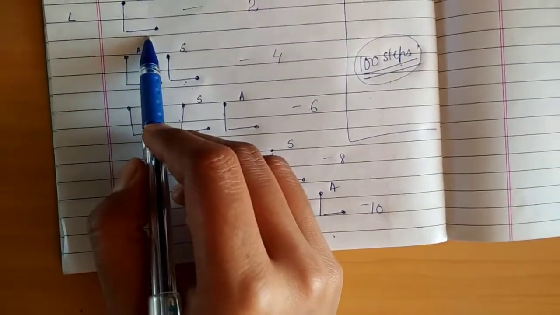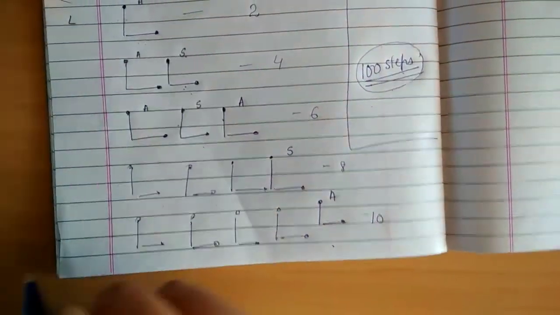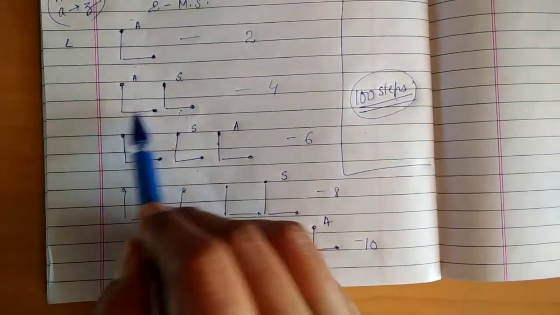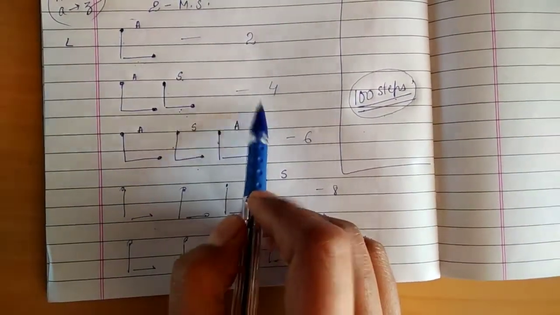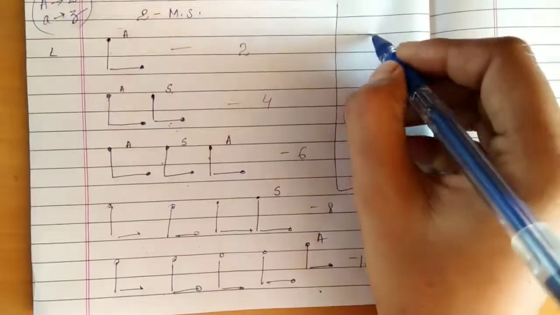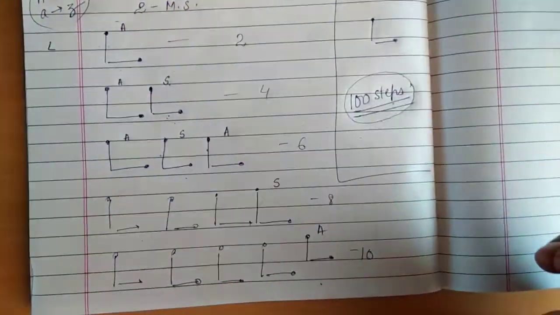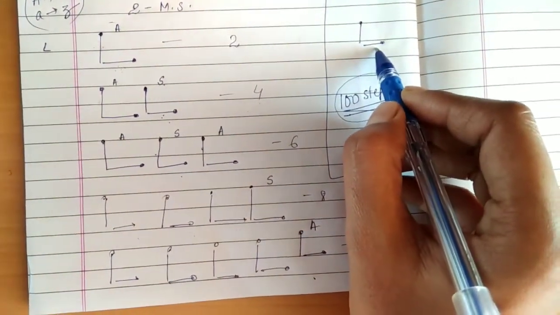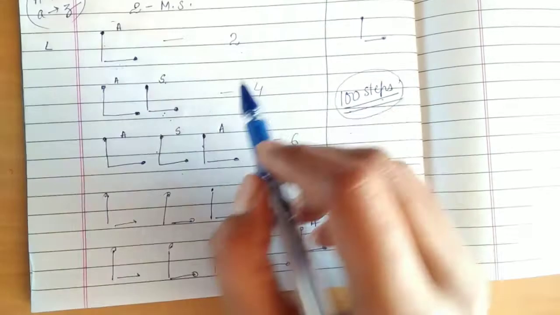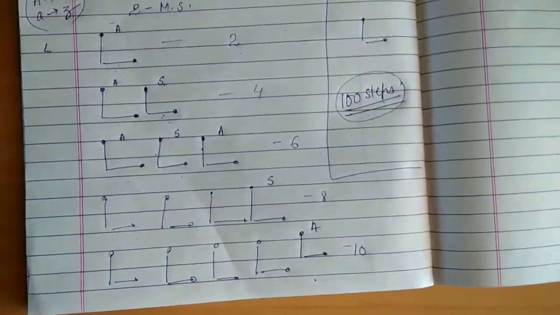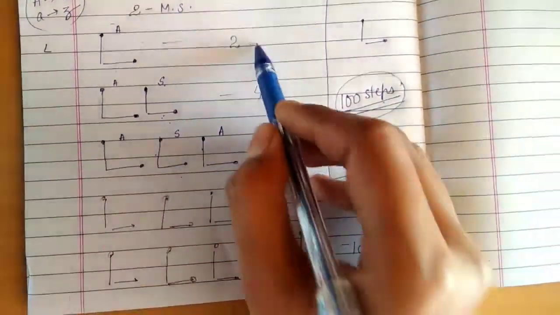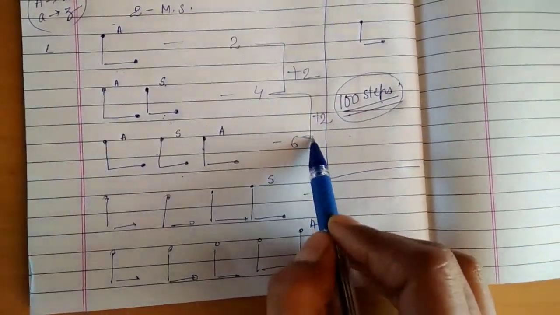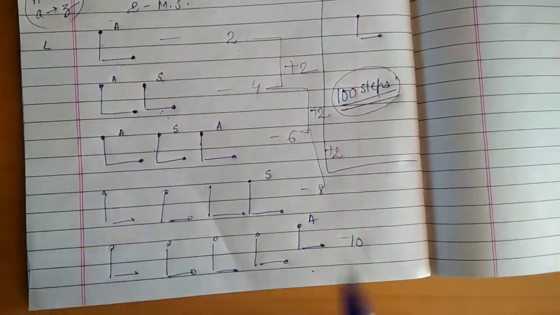You can simply see in 1 L, 2 matchsticks are required. In the 2 L, 4 matchsticks are required. In each L we need 2 matchsticks. And also you can see when we go to the next one, 2 is increasing. Here plus 2 is there, here plus 2 is there. So they are increasing by 2.